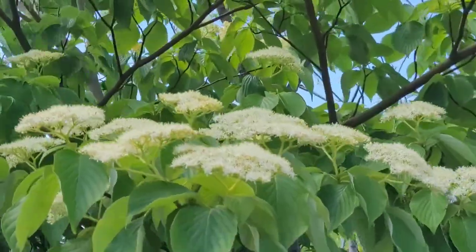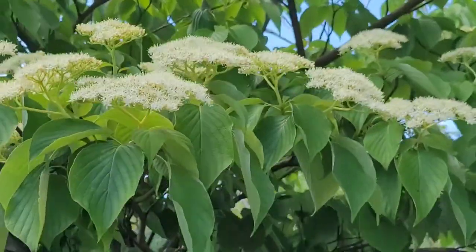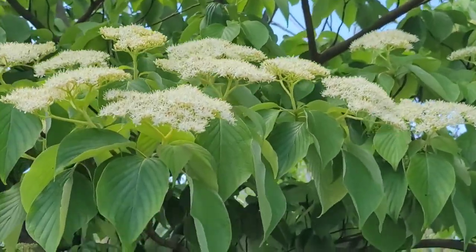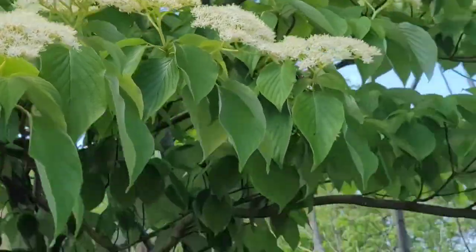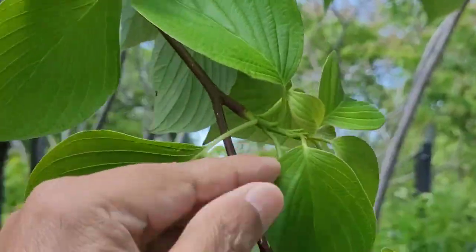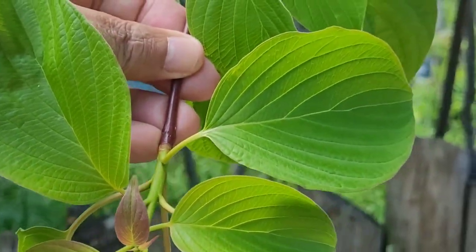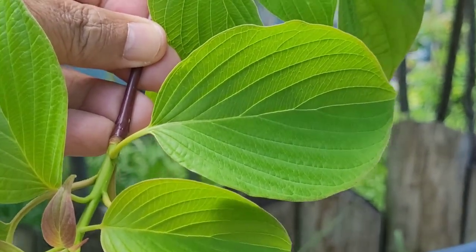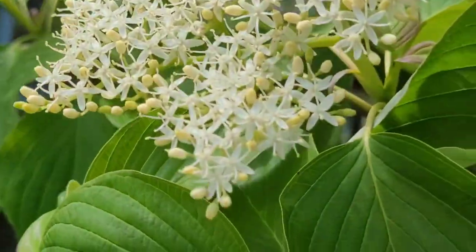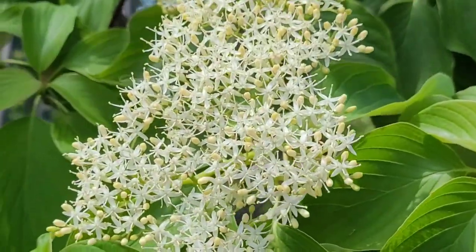This flowers during June, but since this time early warming, I think in Chicago it has started flowering in mid-May. Leaves are opposite, borne in pairs. Margin is complete and flowers are very fragrant, borne in corymbose umbels,